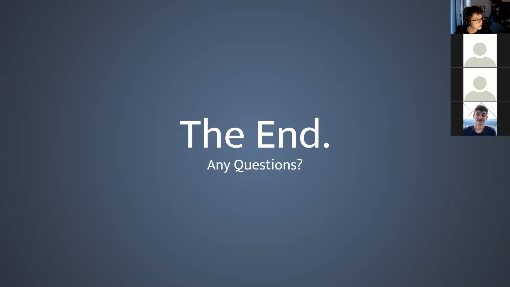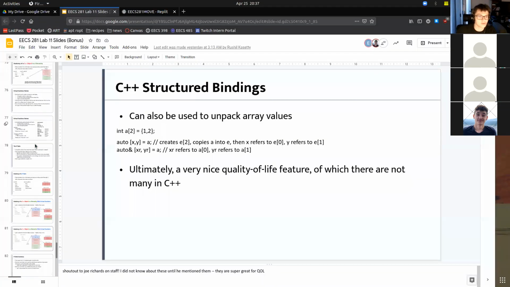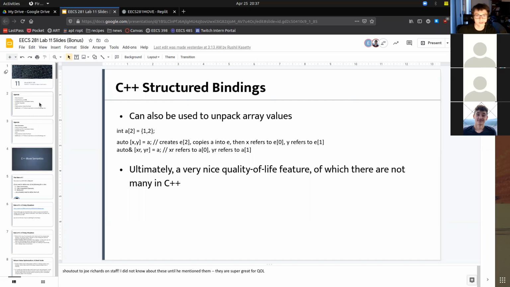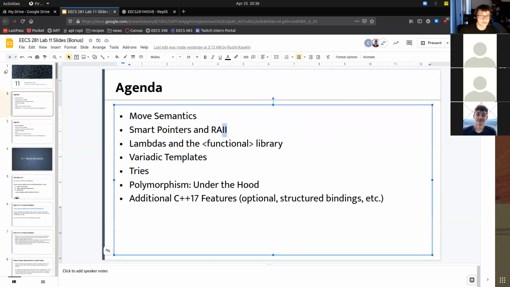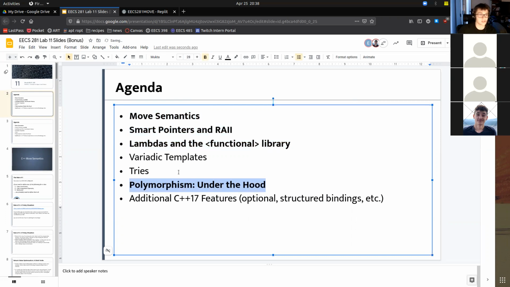Yeah, one question. Where did I learn all of this? So I would say that I learned, let me look at the agenda really quick, actually. I can give you an exact breakdown. Move semantics, smart pointers, RAII, lambdas in the functional library. I learned all of this in EX381, which is not